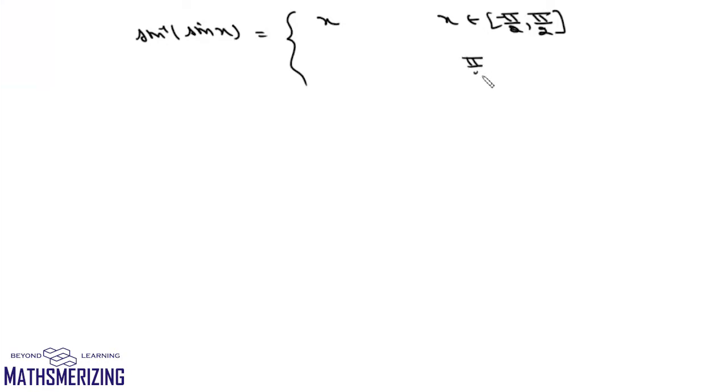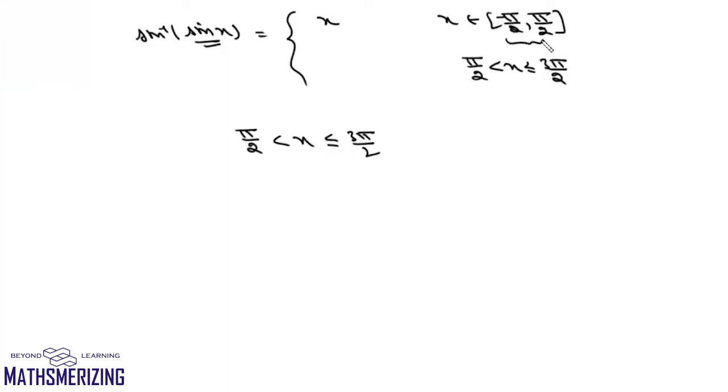So we'll start with sine inverse of sine x. Now we know that sine inverse of sine x will be x when x lies between minus pi by 2 and plus pi by 2. Now what if x lies between pi by 2 and 3 pi by 2? So if we have this x which lies between pi by 2 and 3 pi by 2, we have to change this sine x so that its value remains the same, but the angle comes within this range.